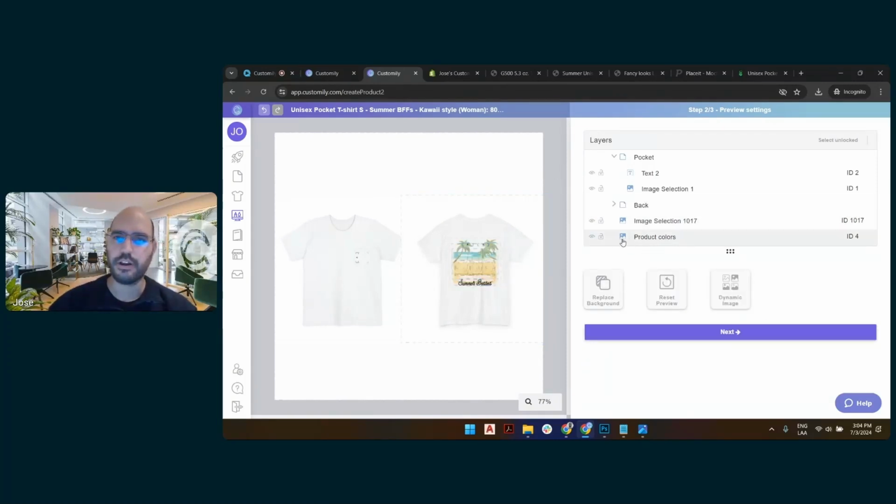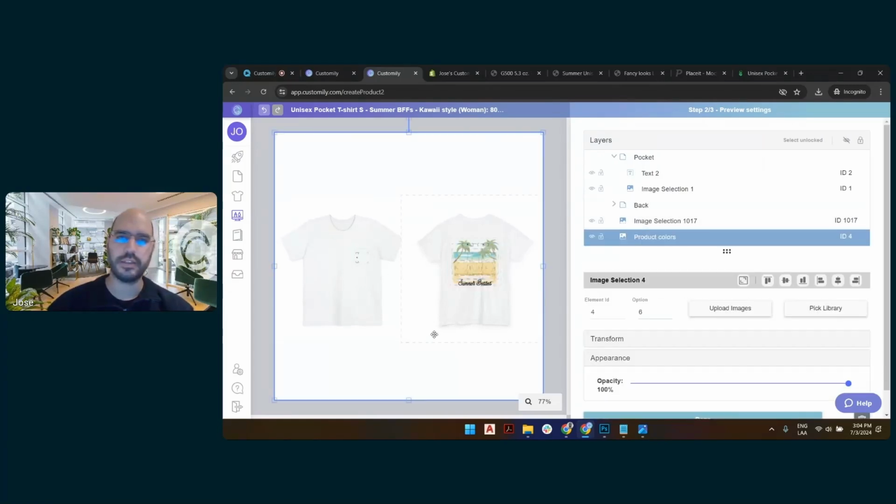Okay. And the product colors, well, pretty much, I don't need this anymore. But for now, I have this one and I have this one. How would I like to show the pocket? Would I like to show this as big as this? Or maybe I want to make this,